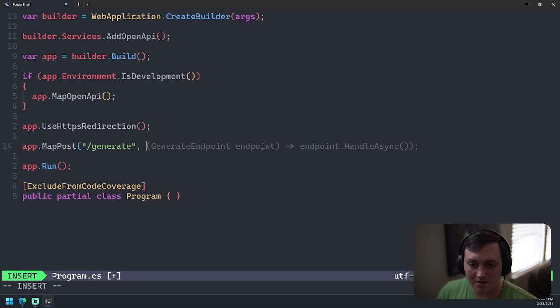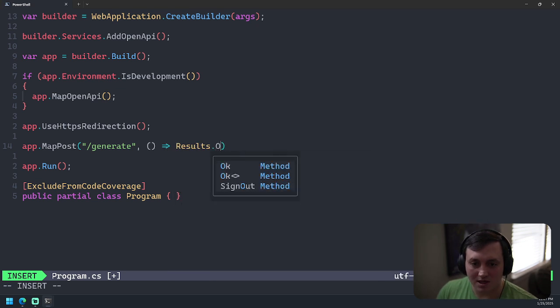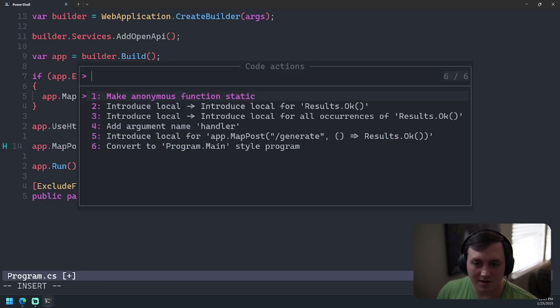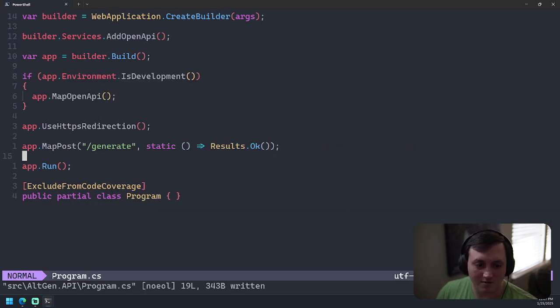And no, I don't want to do that. I think for now I just want to have a lambda that returns all stuff. Okay. Static, that's fine, we'll leave that out. Let's actually do a vsplit.